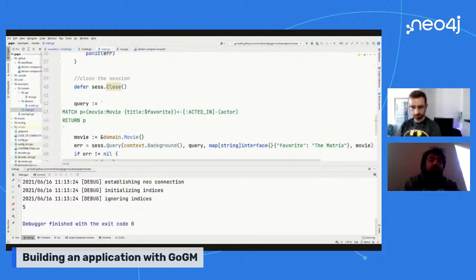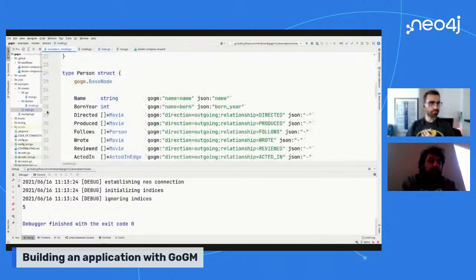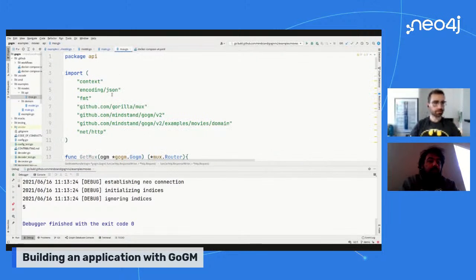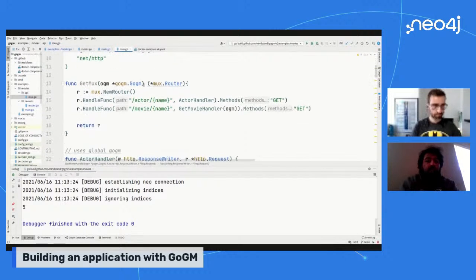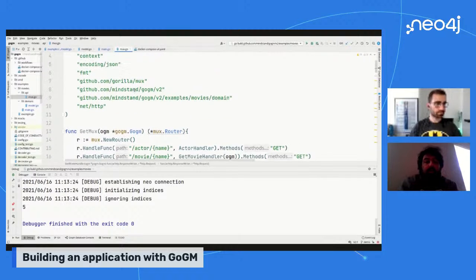Okay, cool. So now I'll show how to actually make a functioning API out of this. So we'll go over and open mux.go. I'm using the Gorilla Mux package.